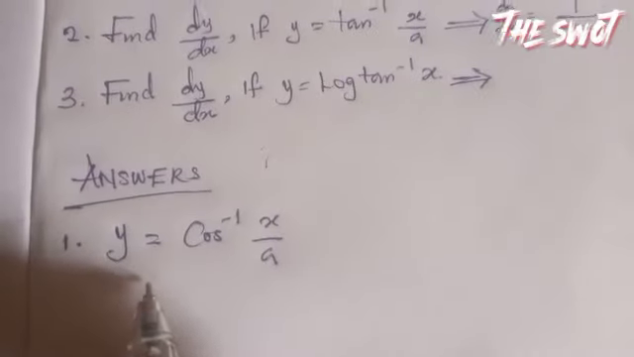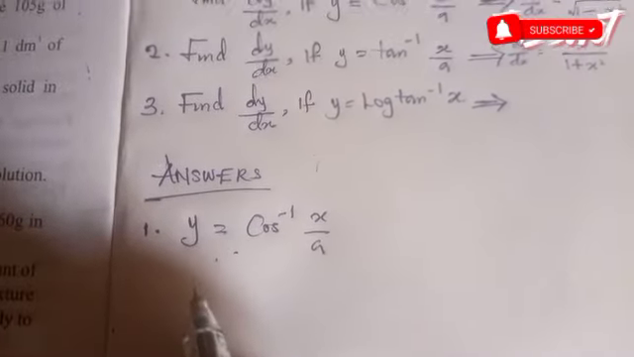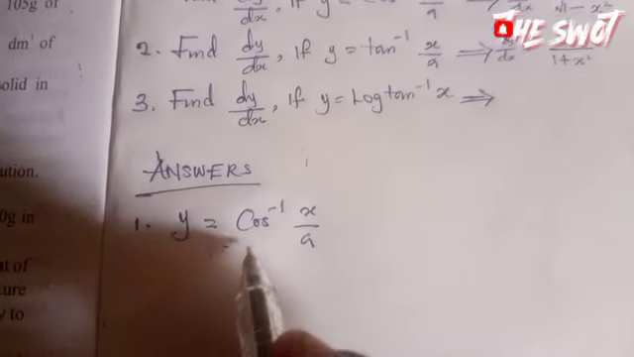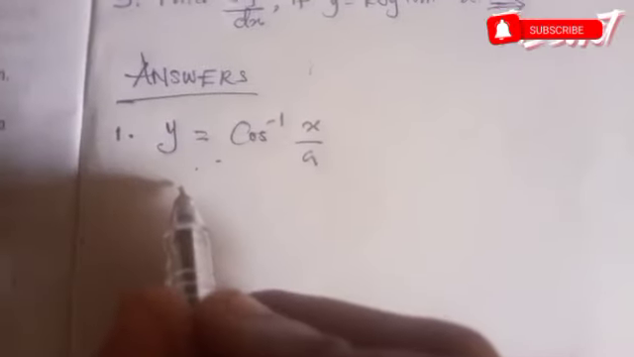Now this is the question. The question says find dy dx of this. Differentiate this. The first thing you need to know is that this is a trig function, and what you need to do first of all is to rearrange this. So rearranging this, you'll be having